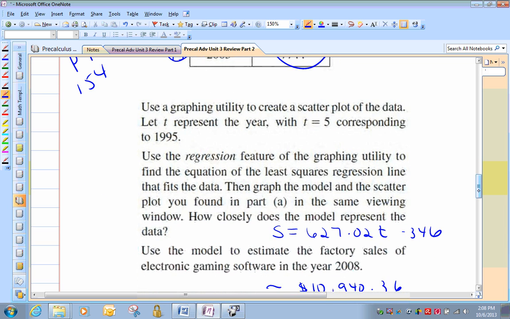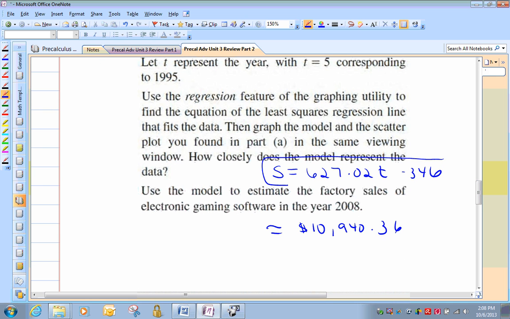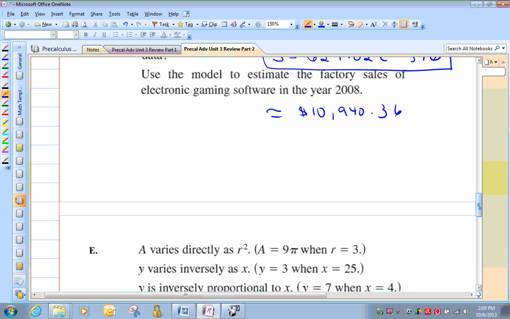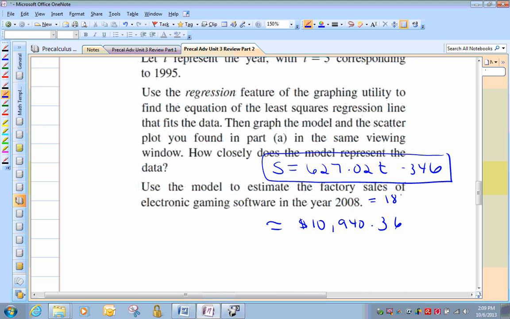When you find your model, your regression line, it should be equal to something like this. Double check it. This would be another check for yourself to make sure you're doing it correctly. And then they say you want to use the model to estimate the factory sales in 2008. Well, let's go back up here. So this is 2003. So 4, 5, 6, 7, 8. Well, that would be year 14, 15, 16, 17, 18. So year 18. So 2008 is equivalent to year 18. Our t, our time, is 18. So you'd want to plug 18 in for t and calculate, and you should get approximately